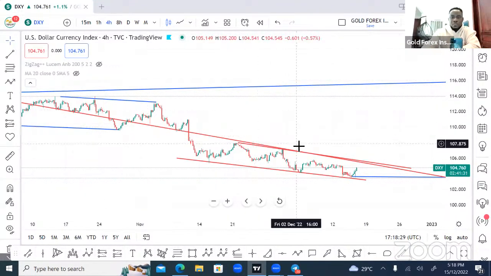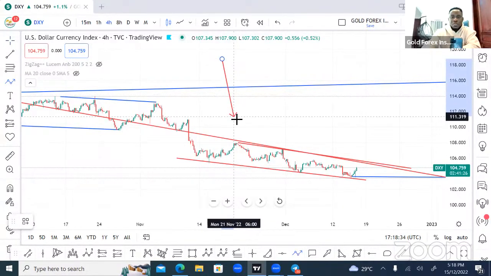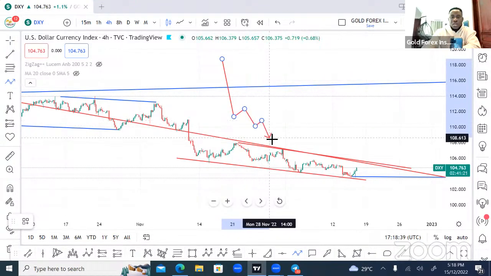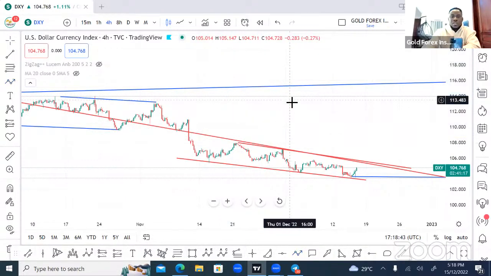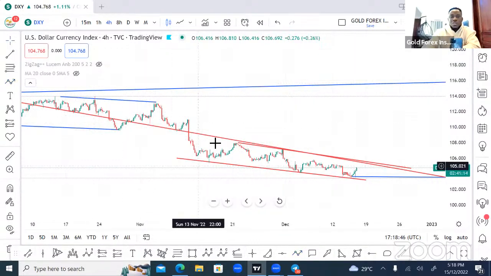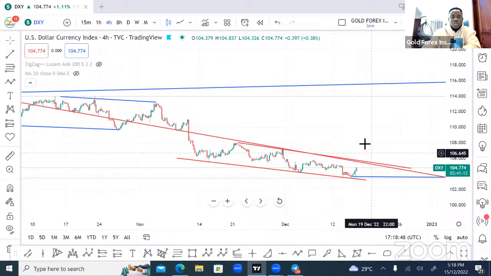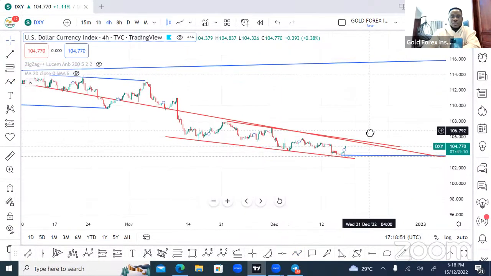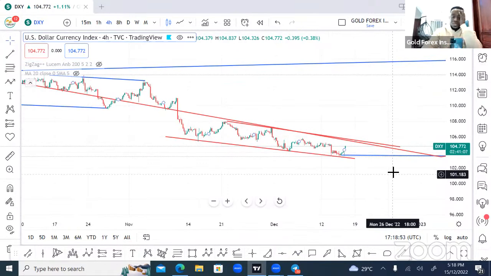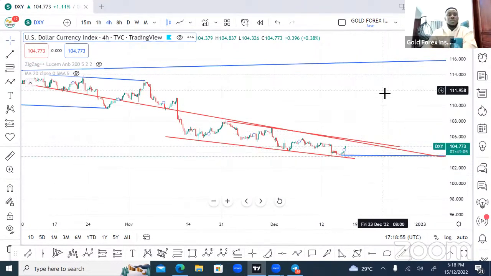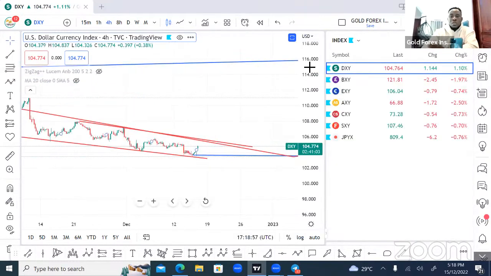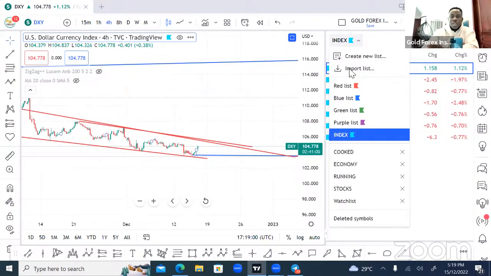Because when you have impulse coming down and correction 2 coming down, classical chart patterns or price action will tell you that it will go up. Okay, so impulse down, correction 2 coming down, it's possible it might go up. Okay, so let's wait and see. Okay, so we've done Pound USD, we've done USD CAD, we've done Euro,